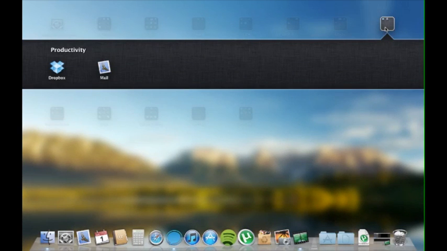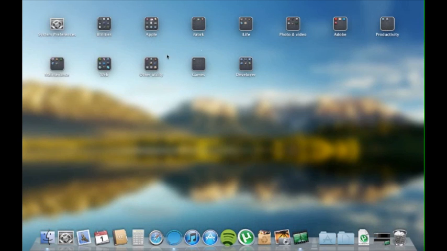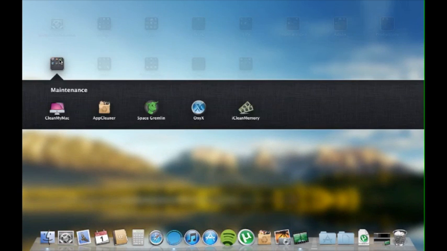Next across we have productivity, not much in there. I've got Dropbox and Mail. And we have my maintenance folder. Now I regularly do maintenance on my Mac every other day really, just to keep it nice and clean and free of viruses. So we have Clean My Mac, a very good application to get rid of files and unwanted